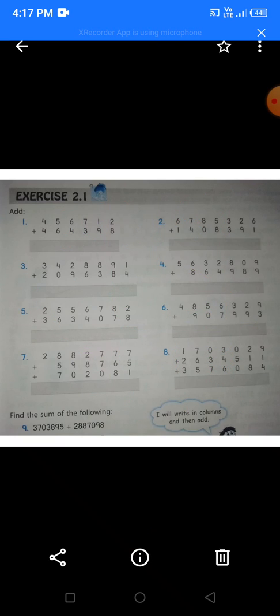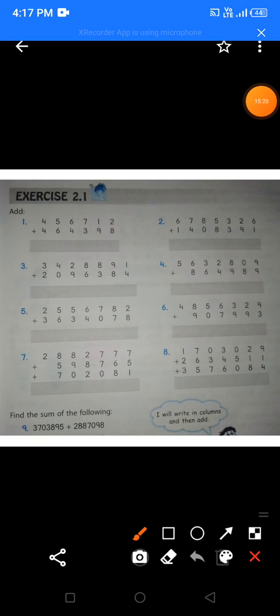Now children, let's solve question number 4. Okay, I will solve it directly here and then you can solve it on your own. Then again you will put the place values, then you will leave one line and then start solving. Okay, so 9 plus 9 gives you 18. Wait, I'll just write the question so it becomes very easy for you to solve.